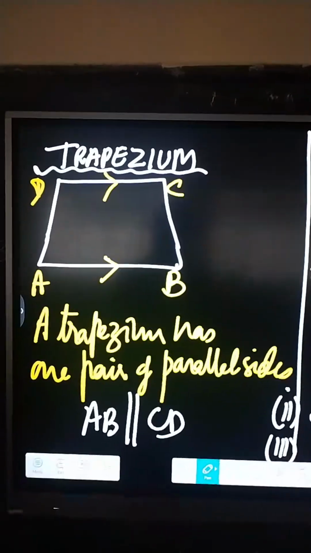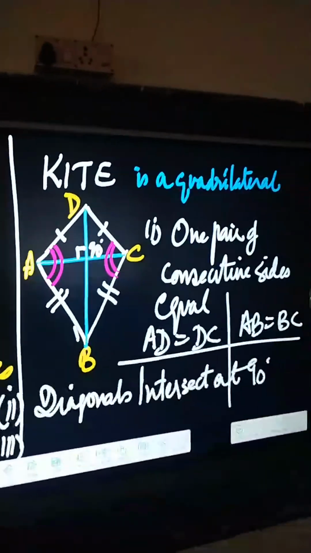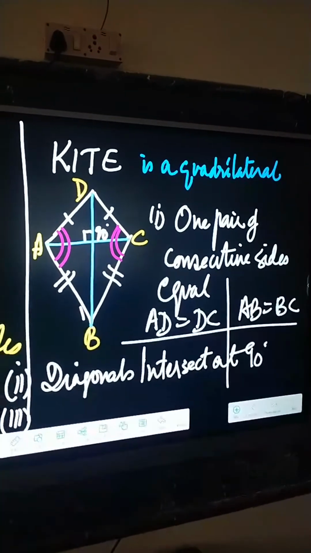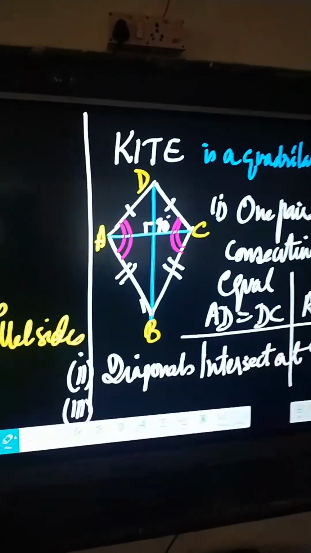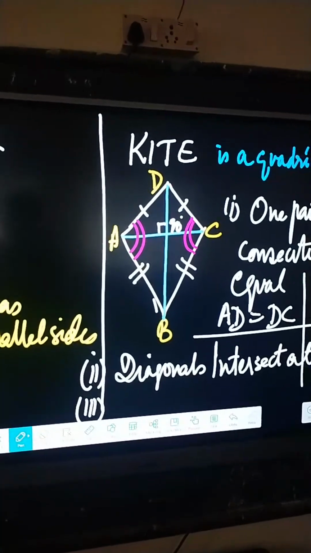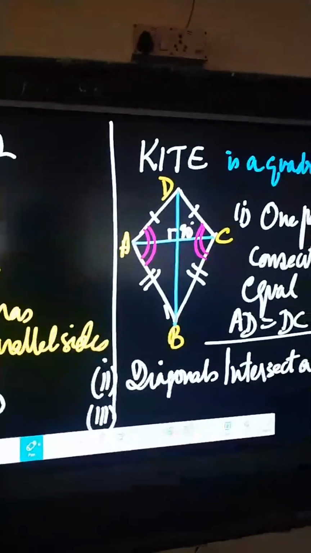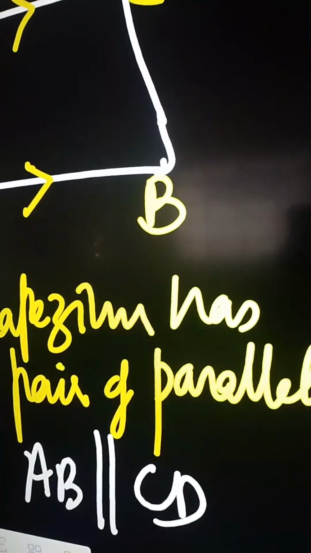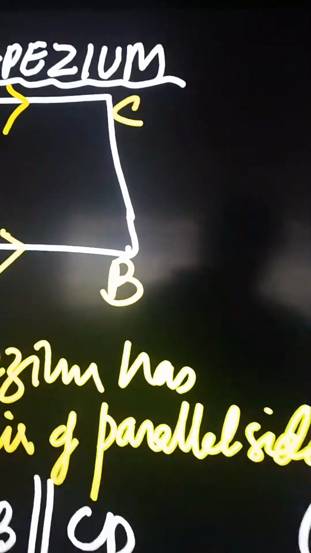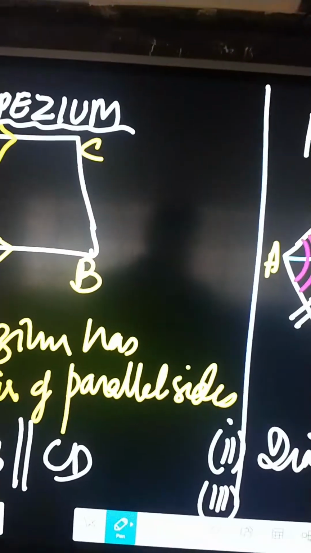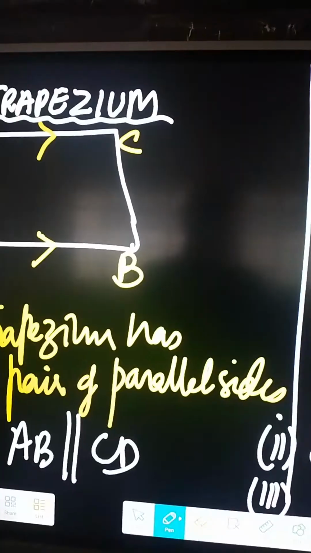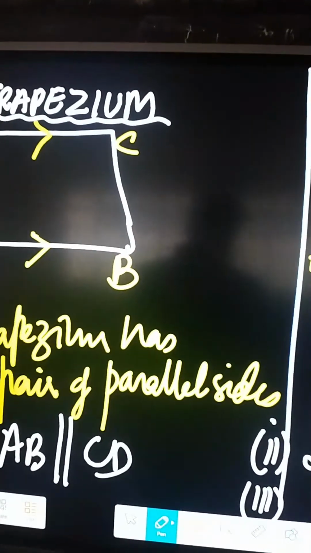Then we did trapezium and the last one was the kite. All the names which are mentioned in the figure are based on the property which I have explained. These properties will be applied in the exercise. And in the exercise, there are properties given. These properties will be applied to solve the exercise. Okay. So open exercise